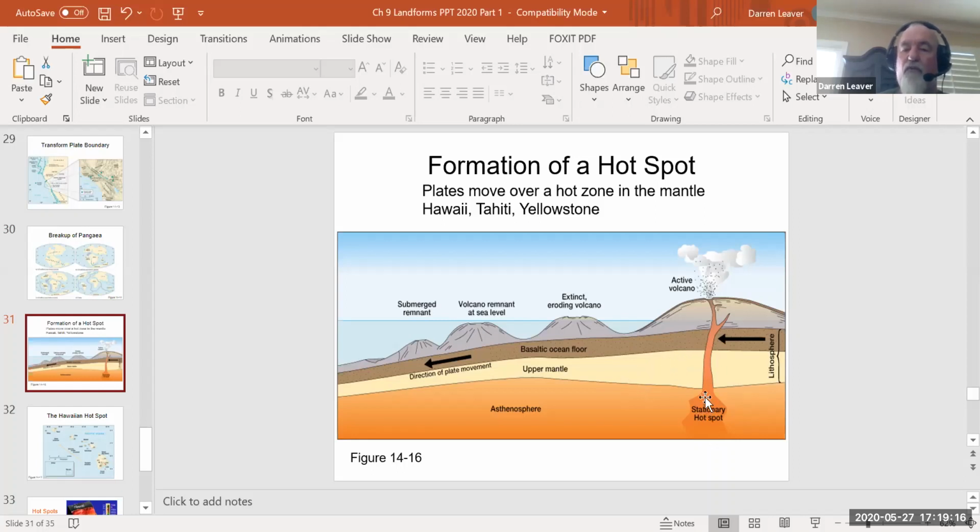Instead, they burn a hole straight through the uppermost mantle, straight through the crust, onto the ocean floor, and they start to build up a volcano. So basically, that volcano is directly above the hot spot in the mantle. So we call those stationary hotspot mantles, or mantle hotspots, or hotspot. So there's a hotspot. It doesn't move, but it does send lots of magma up, burning a hole to form